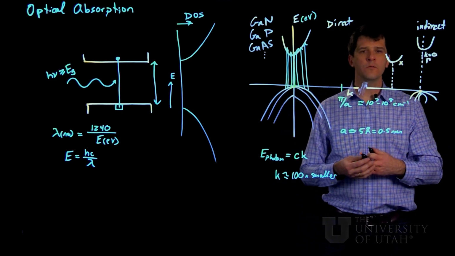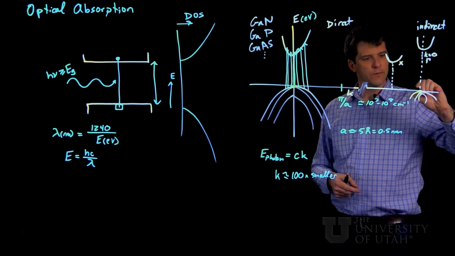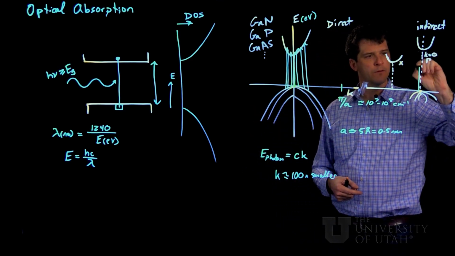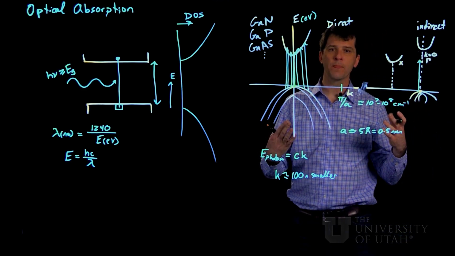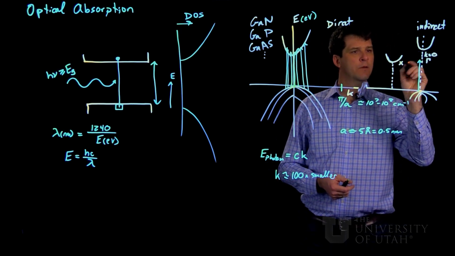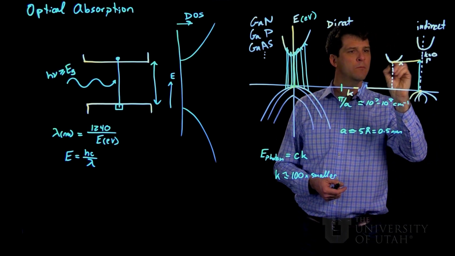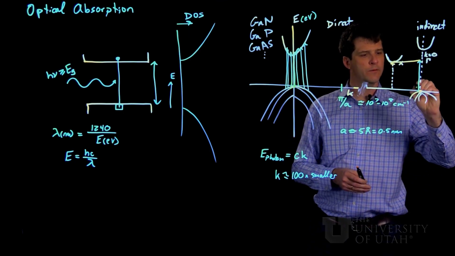So this means there's no easy transition that involves a vertical photon transition. You can't conserve both energy and momentum unless you have another particle participating. So this is the photon here, and we have to have something that has a lot of momentum somehow. And we can either do a photon that's slightly bigger than the band gap,